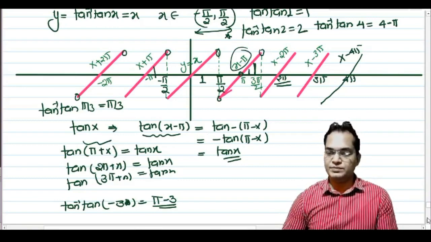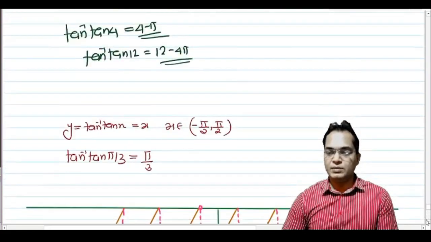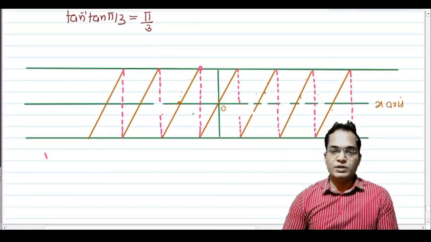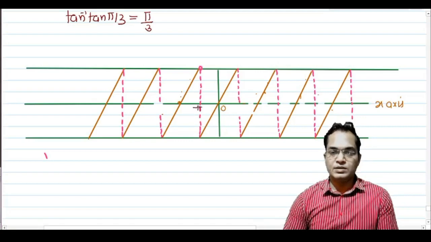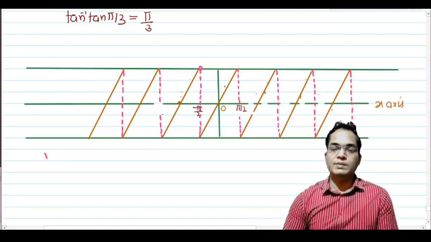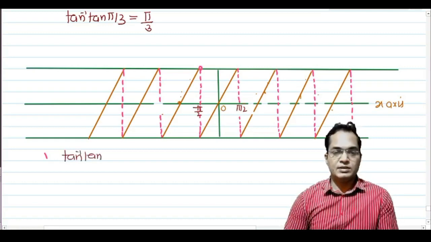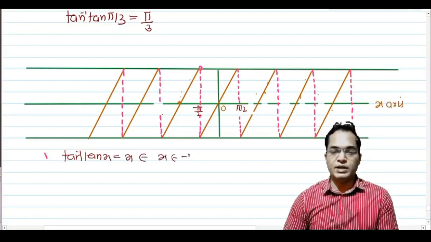Sharma 4.7. Okay, the graph of tan inverse tan x. As we know, the graph is here. I am drawing the graph here also for you. Got it? Now, what is the point here? This point is minus pi by 2. This minus pi by 2. This point is pi by 2. And within minus pi by 2 to pi by 2, the tan inverse tan x will give the answer x, as we know, for all x belongs to minus 90 to 90.